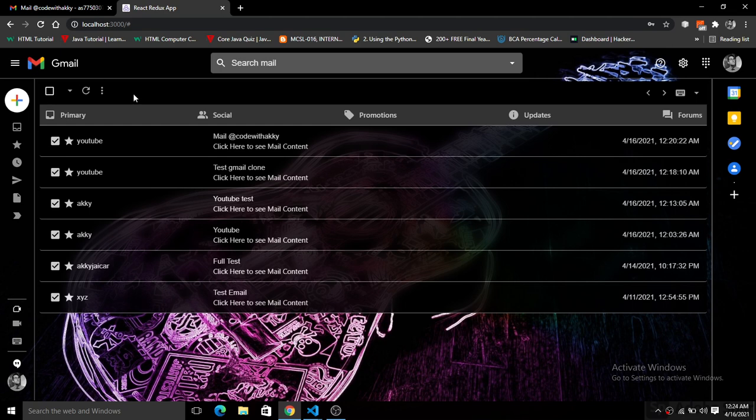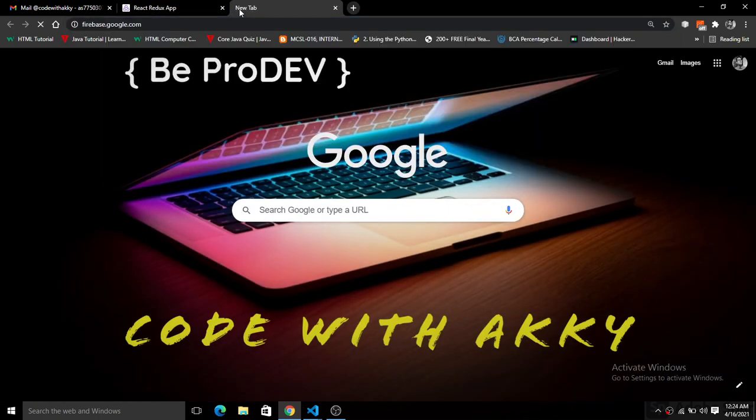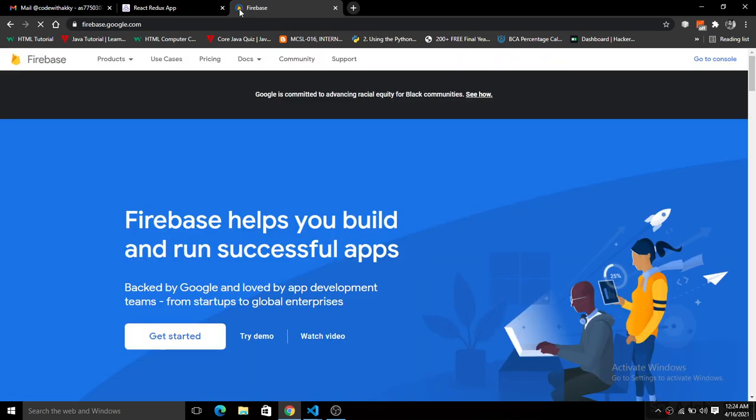Okay, so now we are going to open a code editor to code everything that we are going to build here. First of all, we will set up our project on Firebase. To do this, you have to open firebase.google.com. This is the link from where you first have to create a project, right? You have to simply create the project on Firebase, and then you will be able to